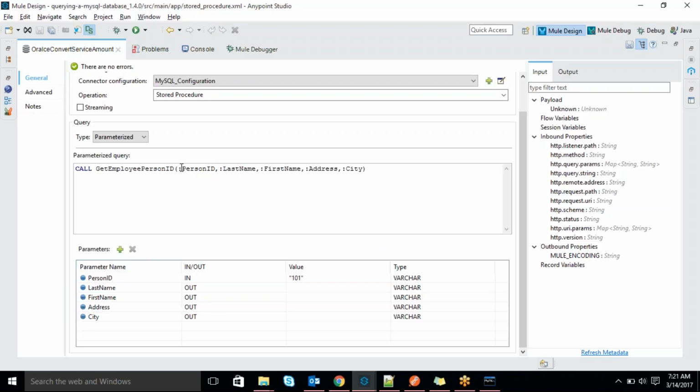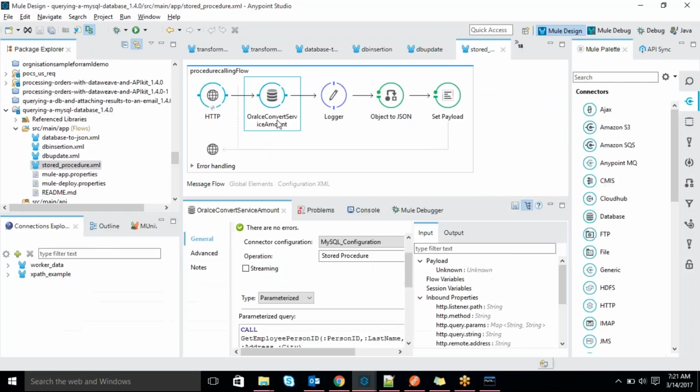These are important here actually. We have to mention the same way: colon followed by parameters. Then whatever parameters we are using in the query, we have to enter all the parameters here. If you miss any parameter, suppose if you miss the city out parameter, it won't get the output actually. So whatever parameters are required, you have to mention all the parameters as in parameter or else out parameters based on your requirement. Okay, that's it. I'm trying to call that data.